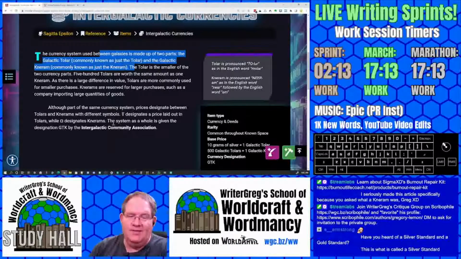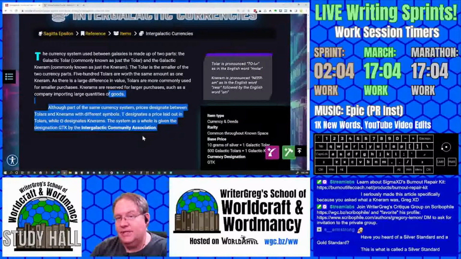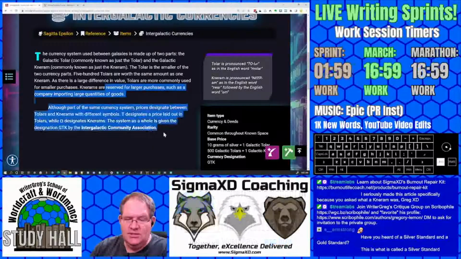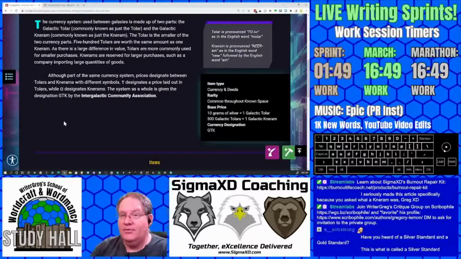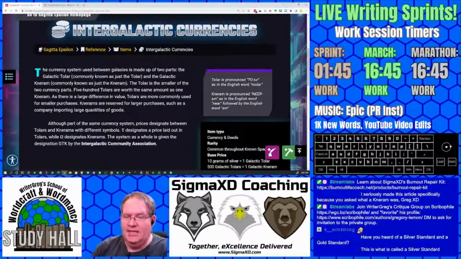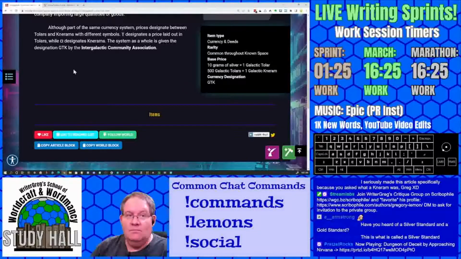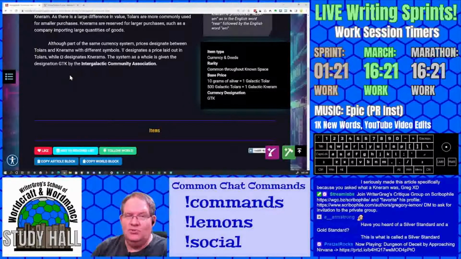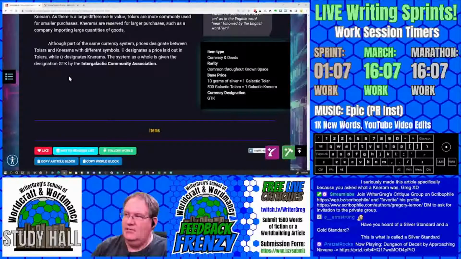This is with a lack of information about it, because for some reason people like gold more than they like silver here in this world. So it's good to see that you do. I do like that. And so if you had a footnote on how other precious metals relate to the intergalactic currencies, you could just say the GTK is a silver standard, and all other precious metals are relegated to their own world, or something like that. Or gold would never be worthless. It's too pretty. Or gold was such a valuable thing in the construction of spaceships that there's no gold left for